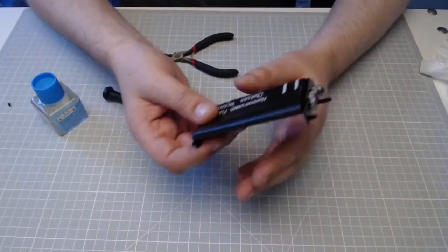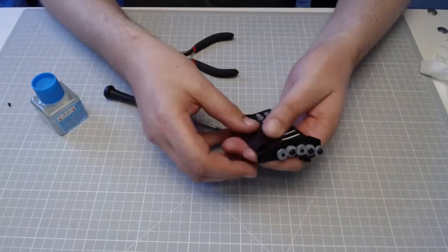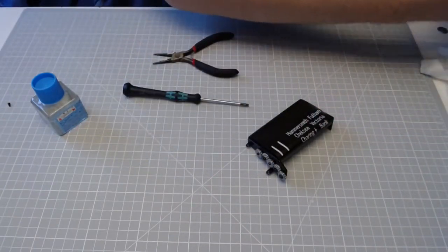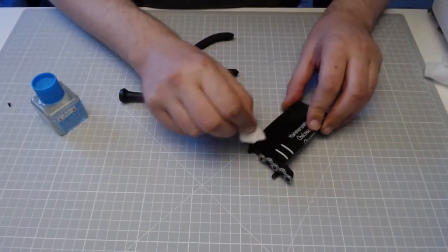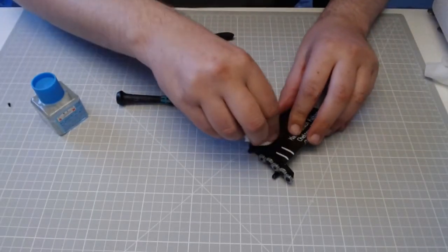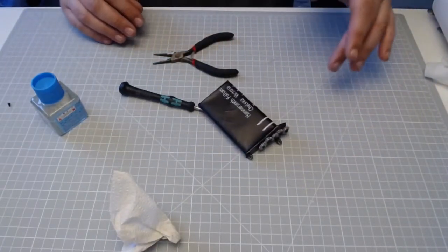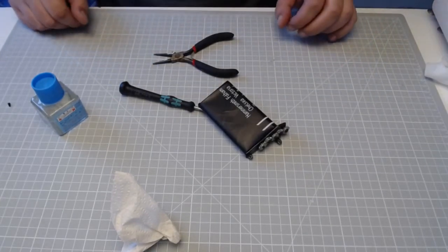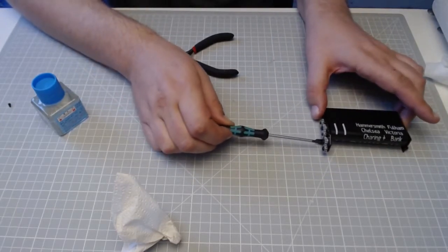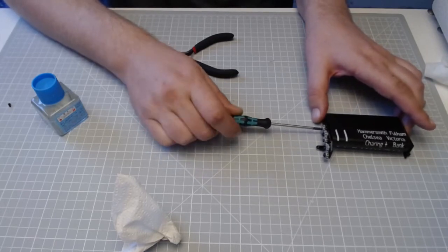So here we have the destination blind, looking rather nice. So let's, oh no, hang on. A little bit of thing just to get that off. There we go. Oh, that could have been worse, but it does say that it needs to be slightly slack, but I'm just going to test it just by moving this screw